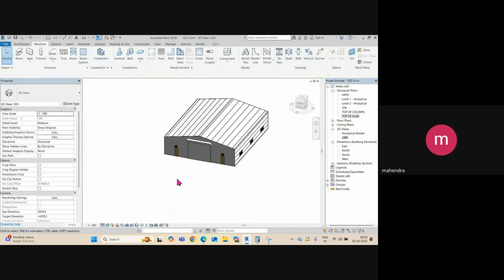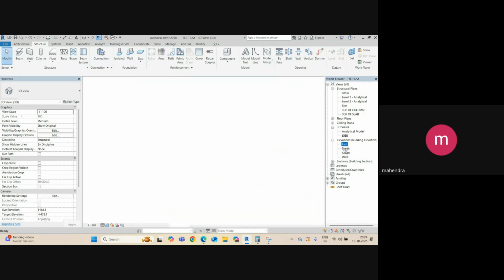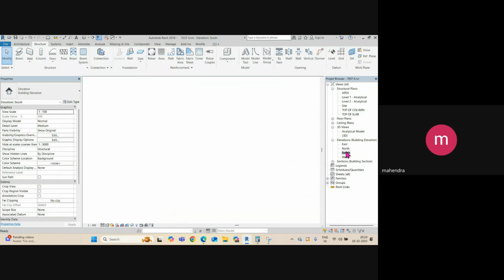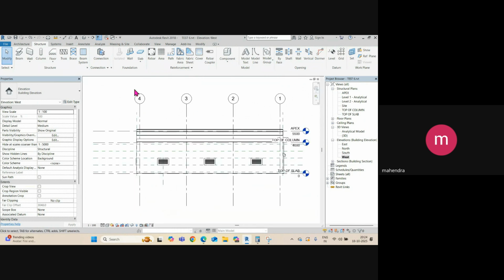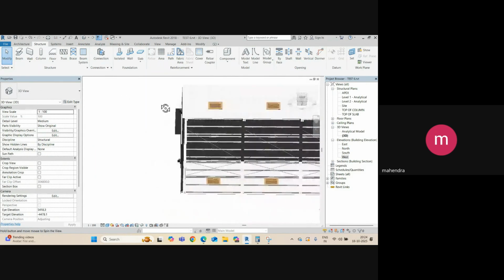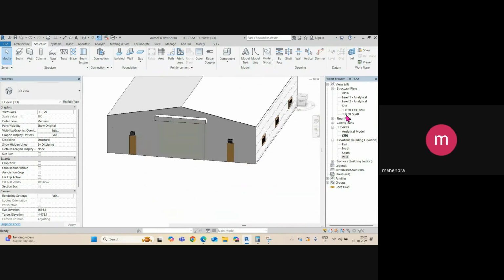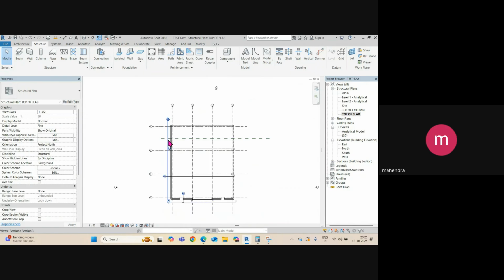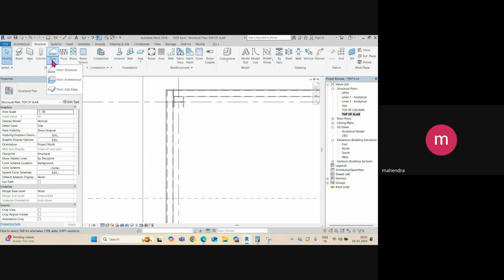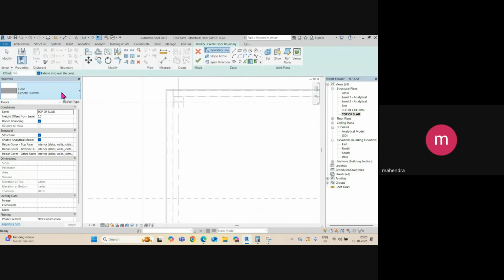Next, if I see the elevation, you can see this is the north elevation, this is the south elevation, and this is your west elevation. Then after that you can add your slab. Once your framing is done, you can add your slab. For example, if I go to the floor and select structural floor, and suppose a 300 thick slab,